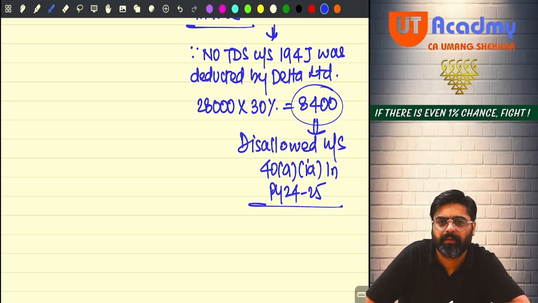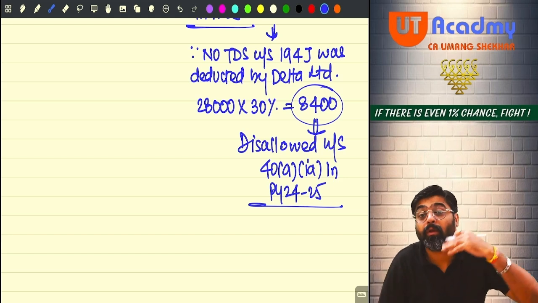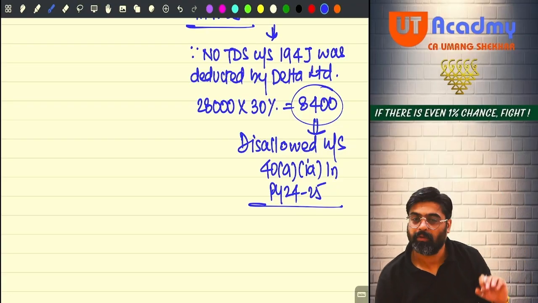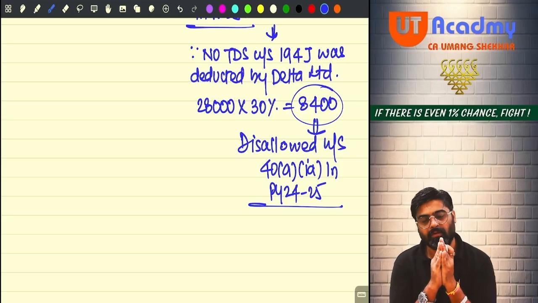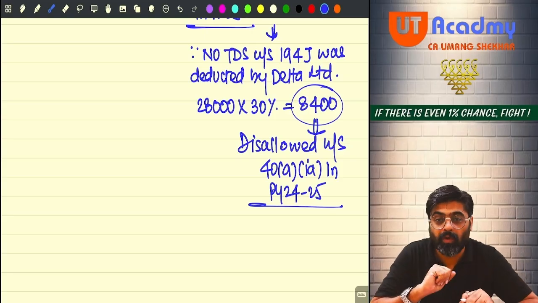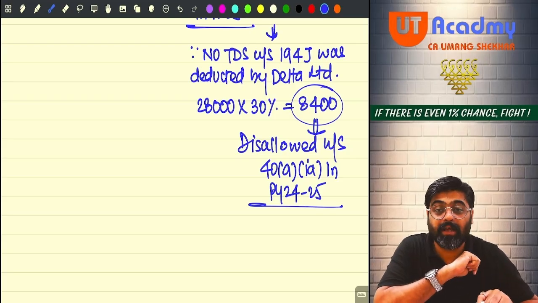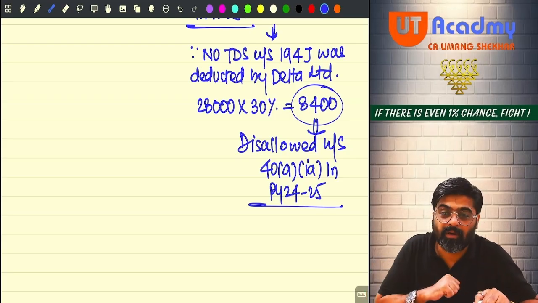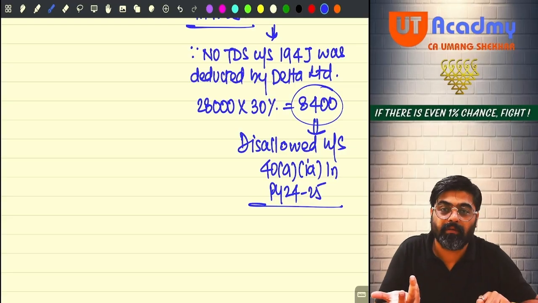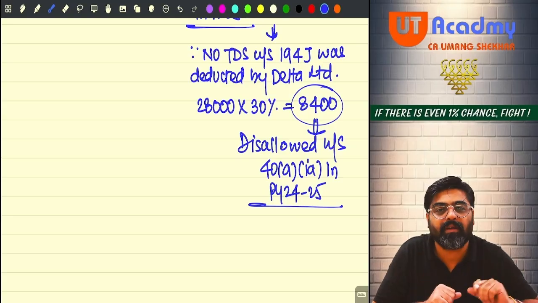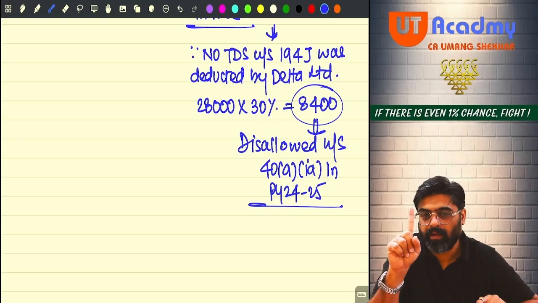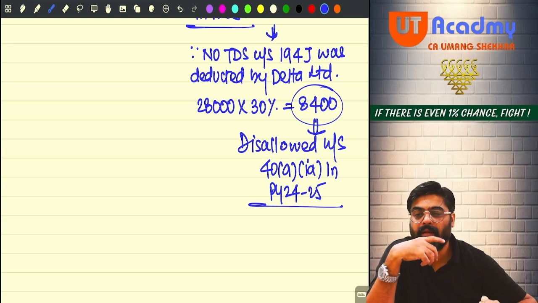Question is very easy. Why could we not crack it in the very beginning? Because we were not aware about the TDS provisions. Once you are aware about the TDS provisions, and if you mix the TDS provisions with this chapter, you'll easily be able to identify, oh, TDS section we have already studied. As per that section, is the TDS deductible or not? Yes, deductible. Then was it deducted? No, disallowance will be attracted. Now is there only one consequence?